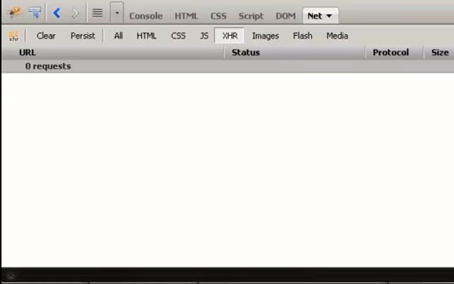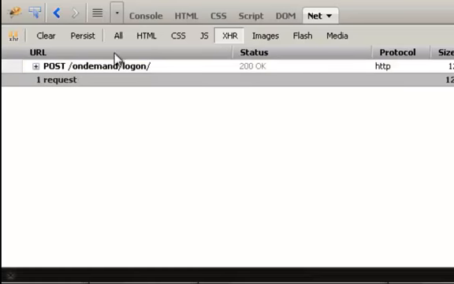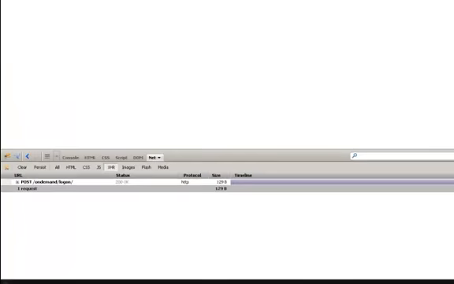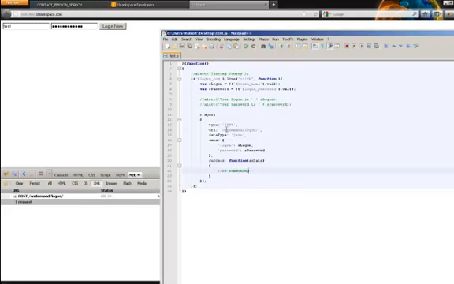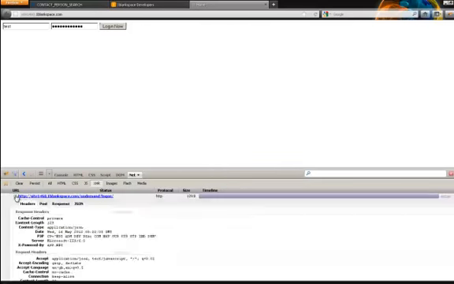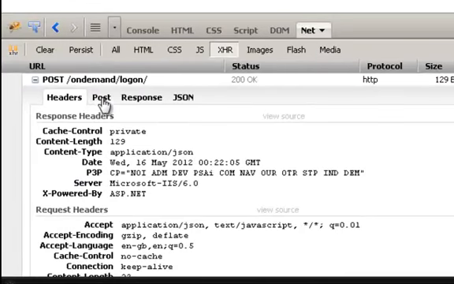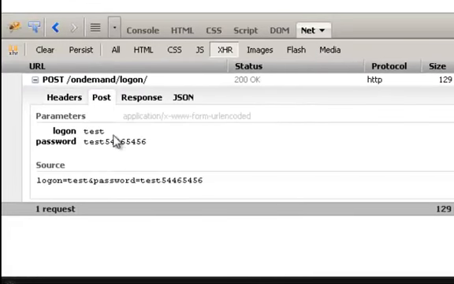So click login now, and we've seen that a post has been sent to ondemand/login logon. Sorry. So exactly what we had here. We should be able to see the data that has been passed through. So we can see the post, so my logon and my test password, and we can see the response,